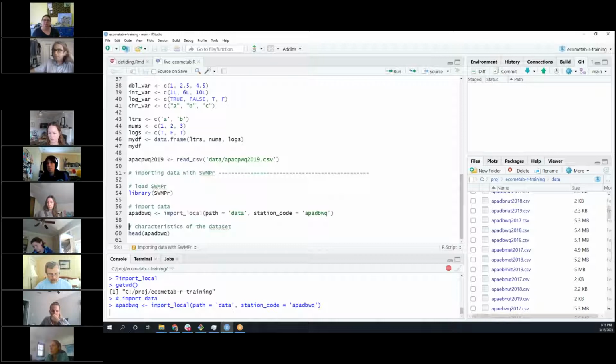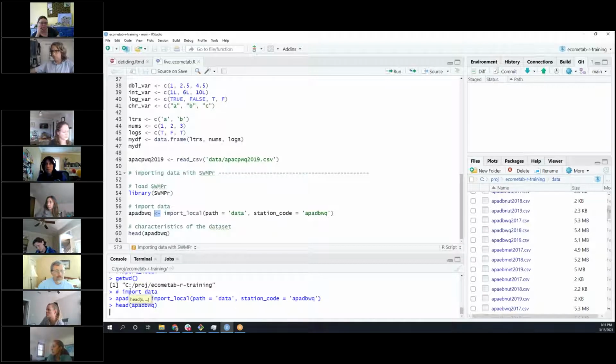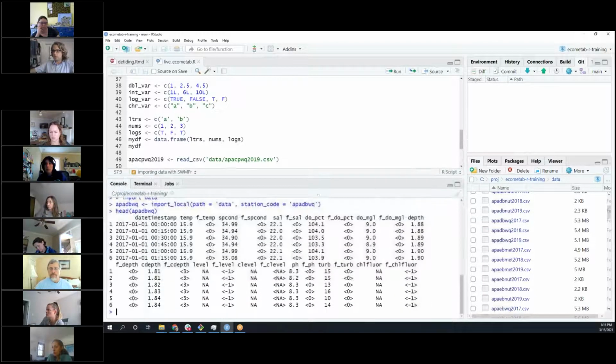It will take a second because it's doing a lot of imports on the back end. It's doing some minor formatting, then it's combining everything into one object. When it's done, I've assigned it to the APA DBWQ object with this assignment operator. I can look at the first 6 rows. And so this is what you get